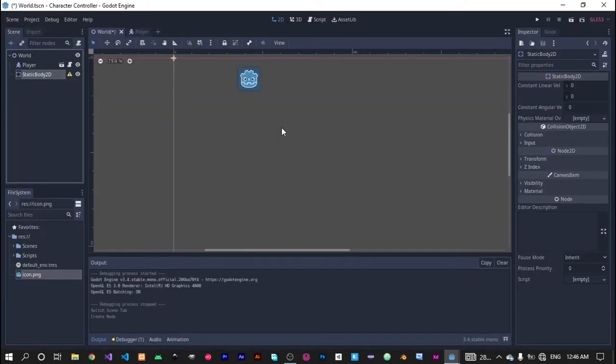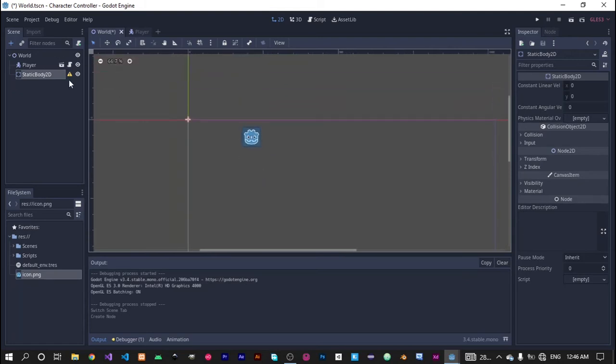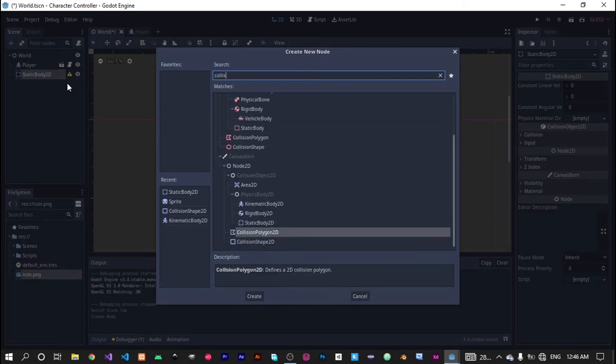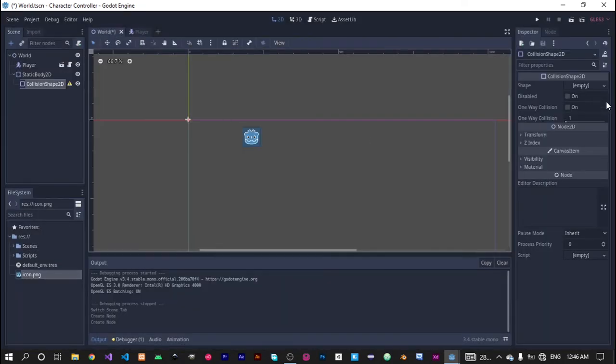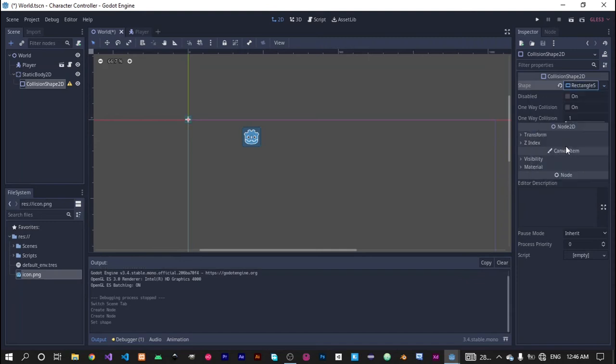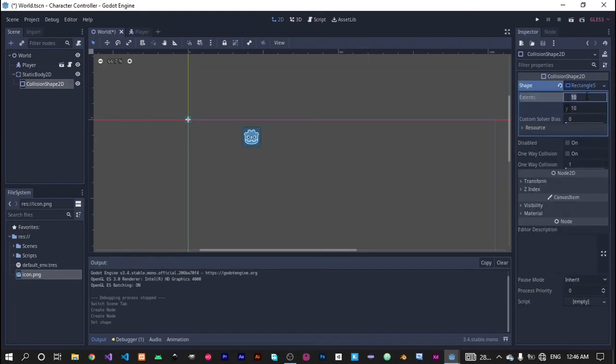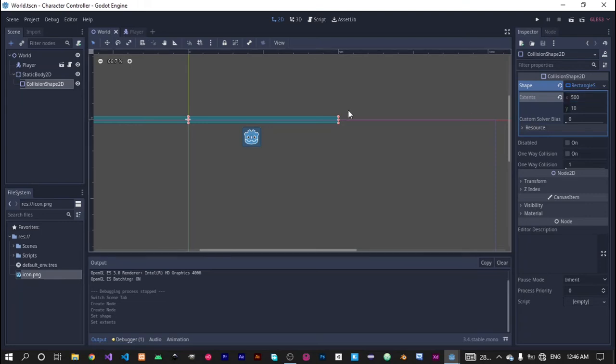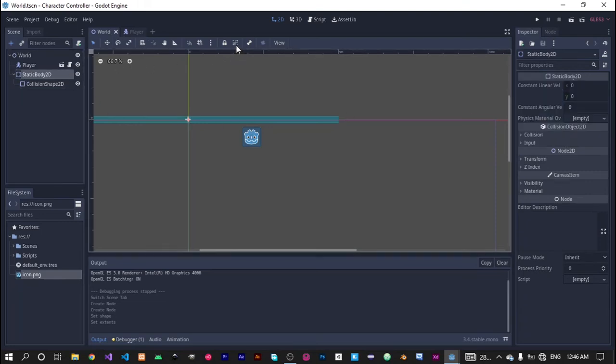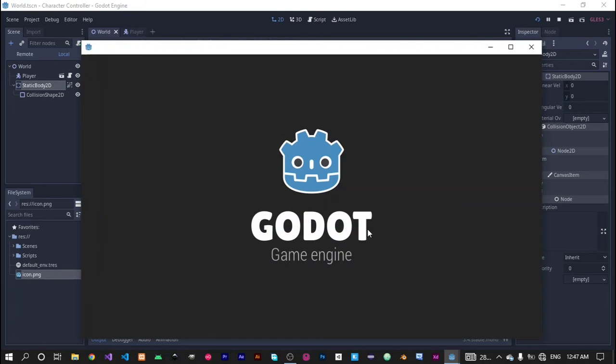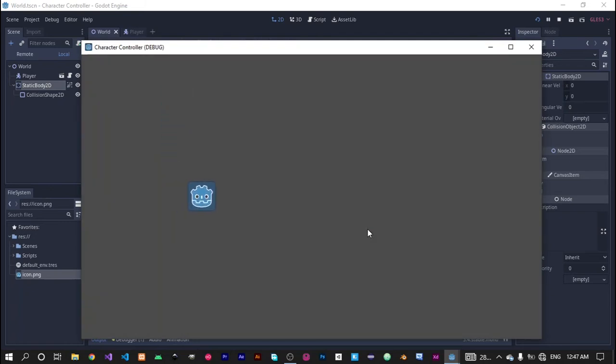StaticBody2D, define its shape, collision shape, define its extents, 500, lock its children, and now it should be enough. Now let's run it again. As you can see,